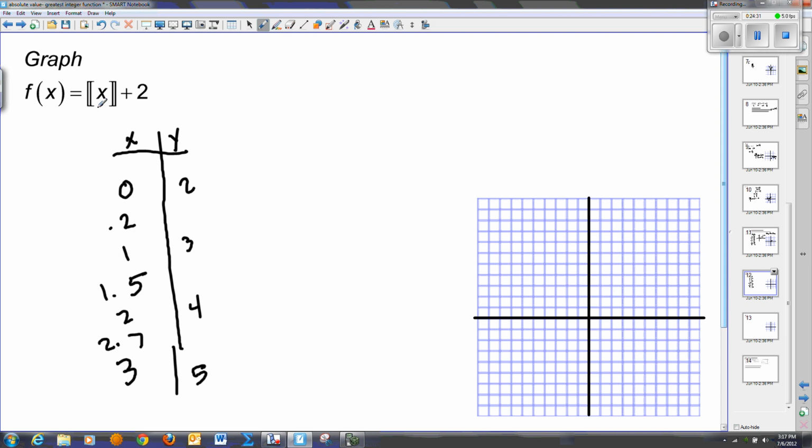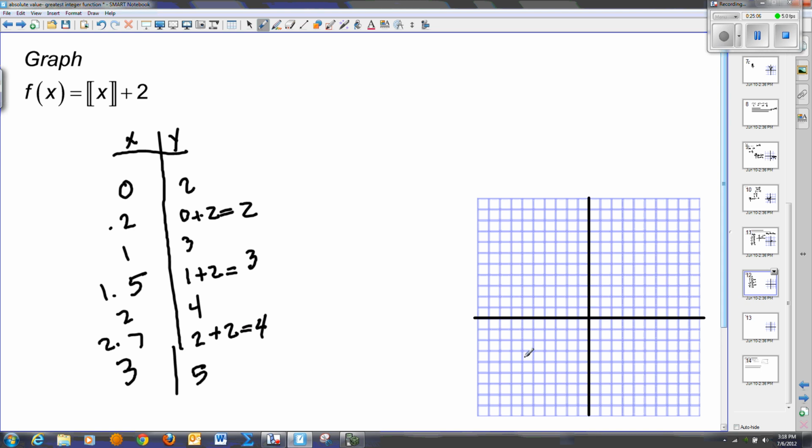Greatest integer of 0.2, when I plug that in, is 0 plus 2, which gives me 2. Greatest integer of 1.5 is 1 plus 2, which is 3. The greatest integer of 2.7 is 2 plus 2,